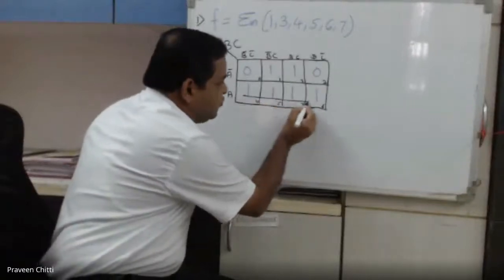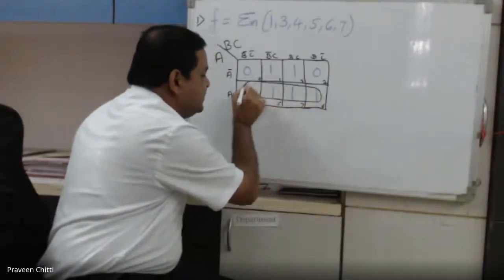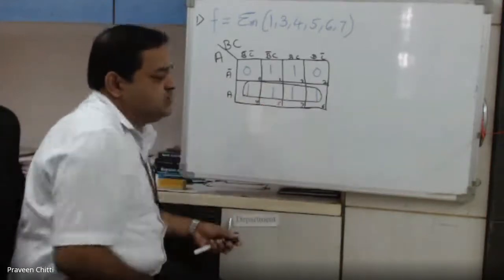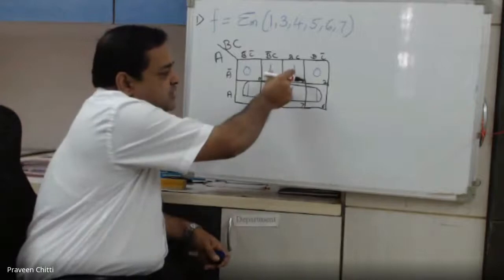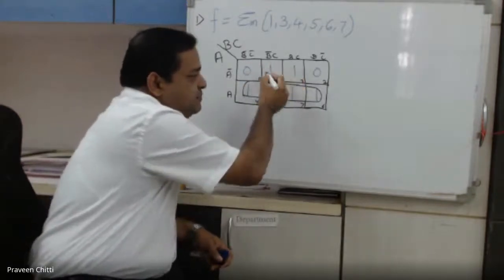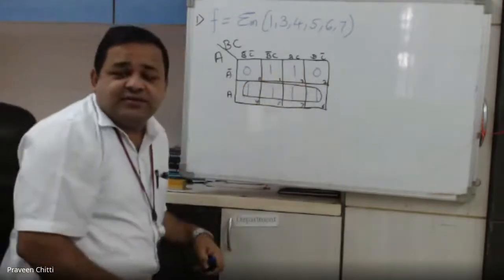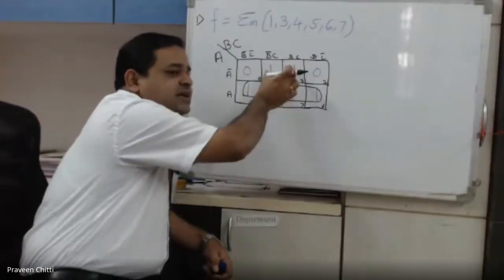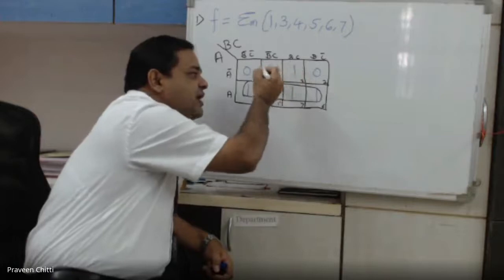I can have one quad like this. I'll form one group corresponding to this quad. Now I am left with only 2 ones. Can I form one pair here? No, because I have already formed one quad, and now I am left with only 2 single ones. So can I form one pair?